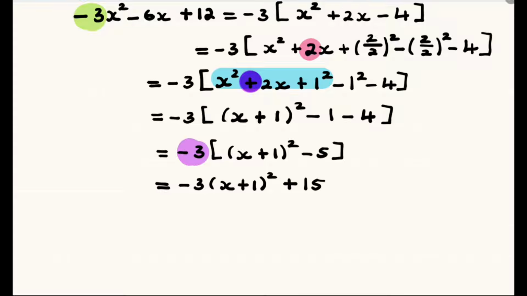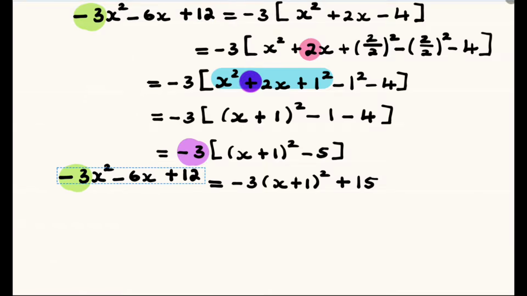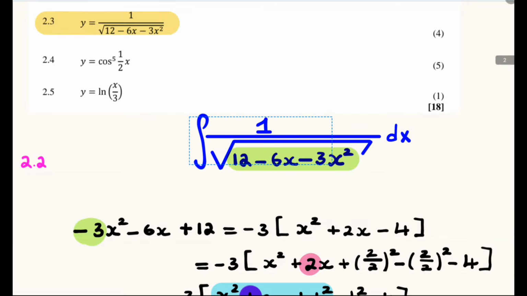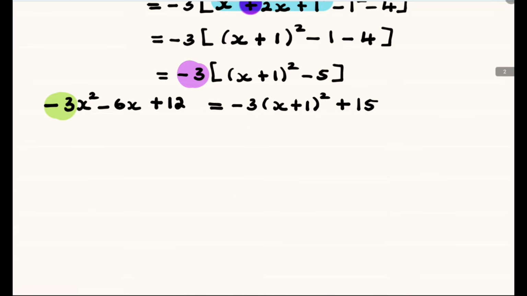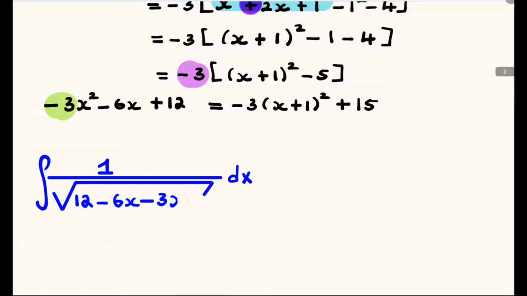We have now successfully completed the square, and remember that this is equal to the original expression that we had inside the integral. Remember that we had this integral. Let's copy and paste it. We will remove the 12 minus 6x minus 3x squared and substitute. So we start with that positive 15 because of the formula that we are going to use. We have that 15 first, minus 3 multiplied by (x plus 1)